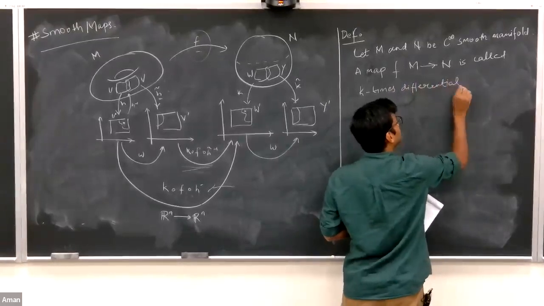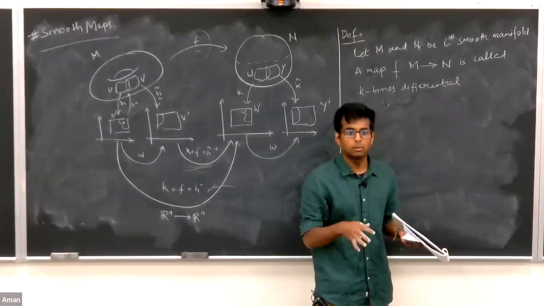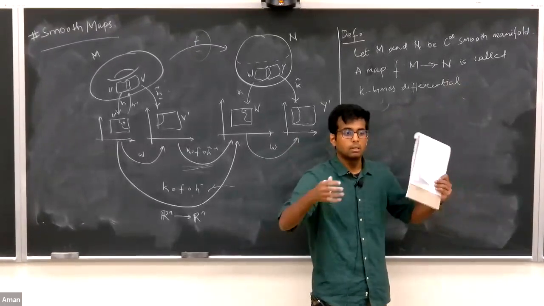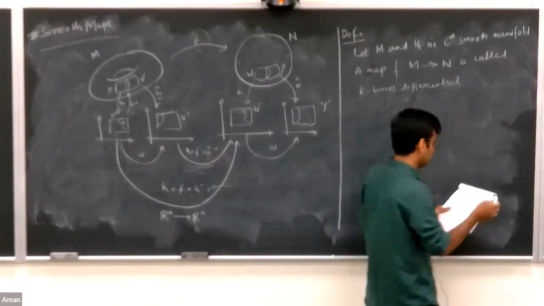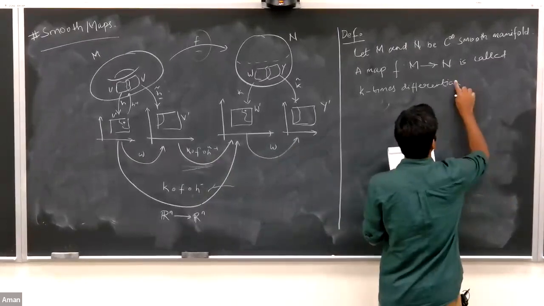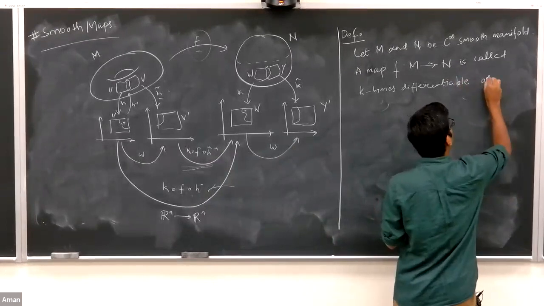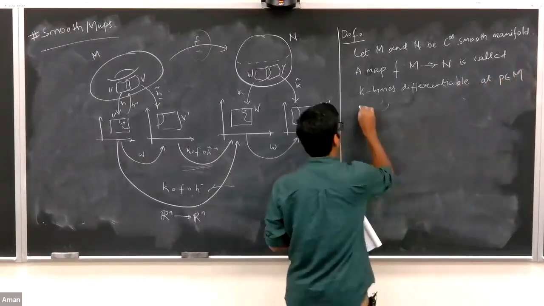And please note that this differentiability is only defined at a point. There's no meaning of a function being differentiable everywhere. It's just, is it differentiable at the point of definition or not? So F is k times differentiable at P, which is in M, if